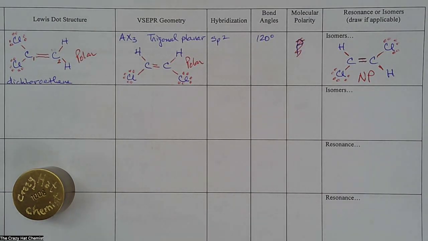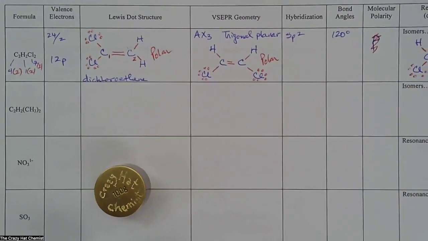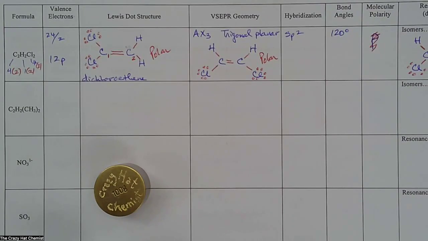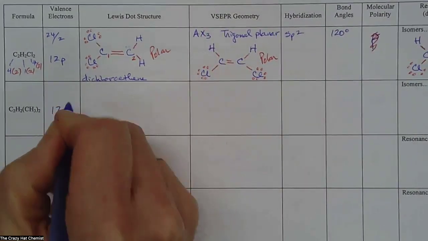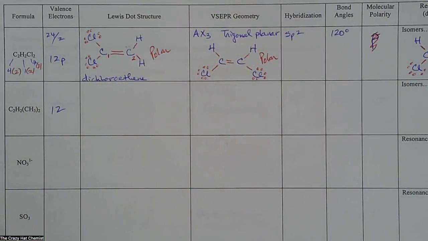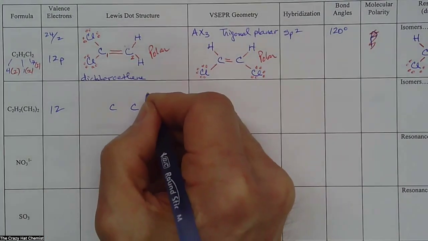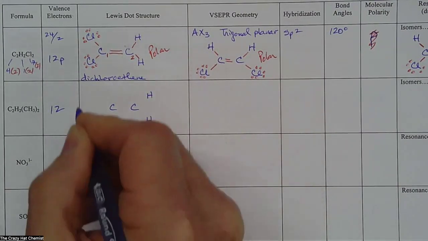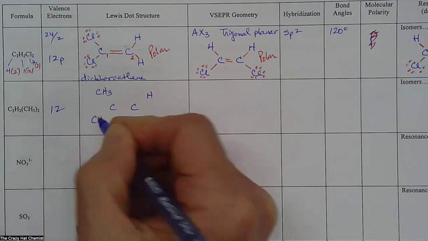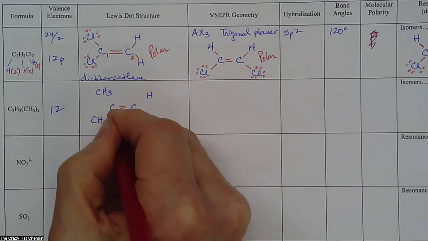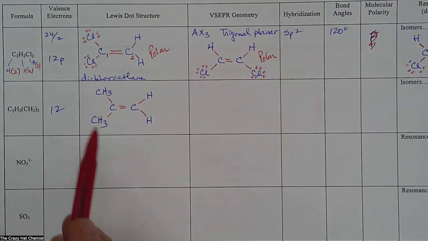All right, then what we're going to do is we're going to do this next structure. So we are going to slide this over one column here, and then we're going to see if we can do this next one. This next one also has the same pairs of electrons. That's 12. And we're going to do a similar type of structure here. It has these 2 carbons right here. We're going to do a hydrogen here, and then we're going to have this CH3 as a group. CH3 as a group. We're going to have this double bond, single bond, single bond, single bond, single bond, and this is also a